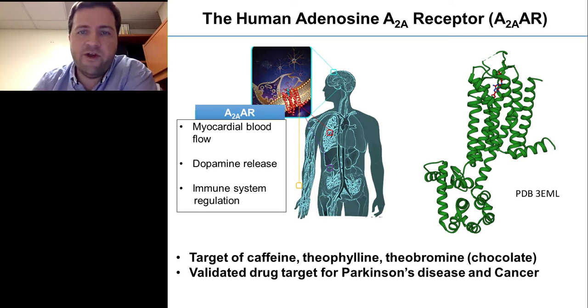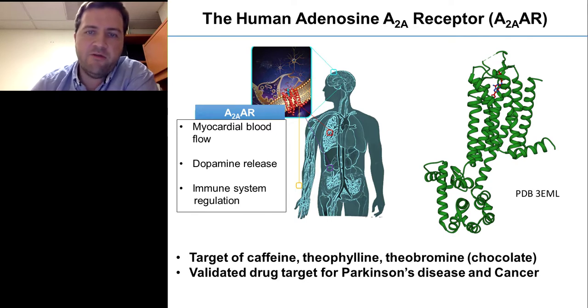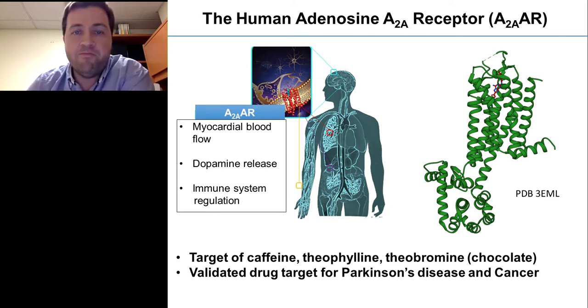On the right, you see an example of a crystal structure of the human adenosine A2A receptor, shown in green, PDB 3EML here. You'll notice that there's the 7TM or transmembrane architecture with the ligand bound to the top in the orthosteric binding pocket. In addition to that, toward the bottom of the structure, on the left-hand side, you'll notice there's an additional protein domain. This domain is not present naturally, and it's added in order to crystallize the receptor to obtain its structure. I'll talk a little bit about the consequences of this in subsequent slides.